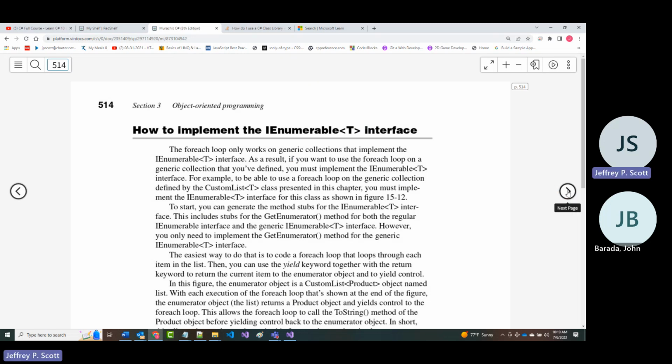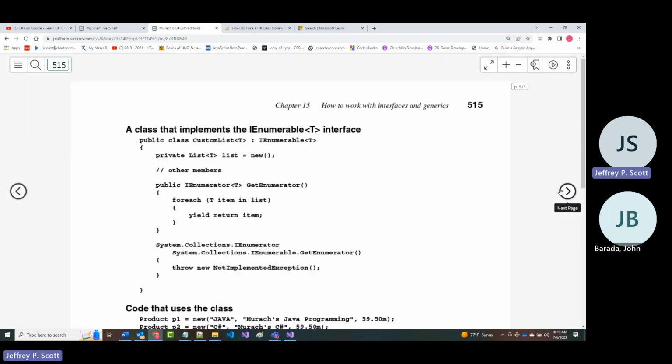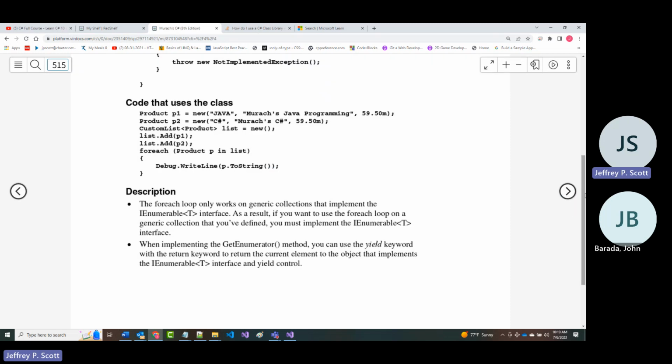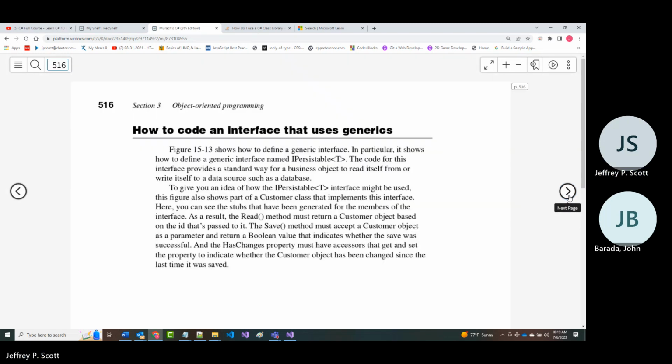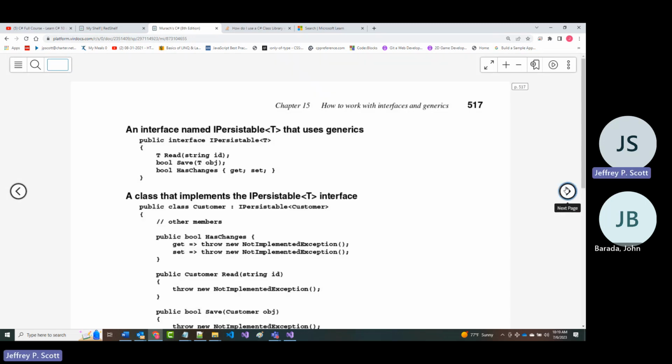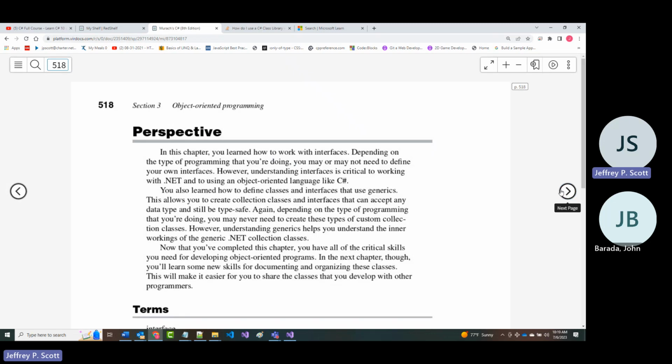All right, then they'll go over the IEnumerable. Remember, enums basically will allow you to come in and add your own data type. An IEnumerable is an interface that uses generics. I'm not trying to keep anything from you here, but I only want to go over stuff that I think we can all understand.